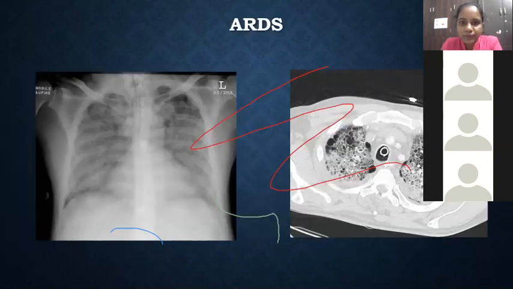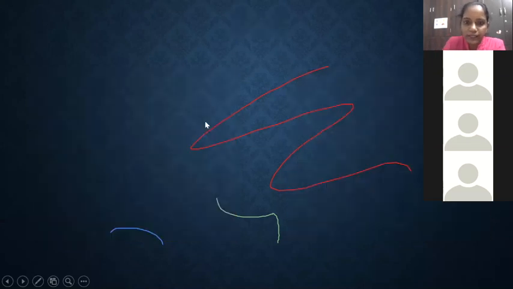So this is the picture of ARDS. See, ARDS actually is a non-specific feature in the X-ray. ARDS will present like pulmonary edema, but we should go by the diagnosis. During the acute phase, there will be inflammation and fluid filling in the alveoli, and in the X-ray, there may be bilateral symmetrical infiltrates, and there will be no cardiomegaly. If you see, there will be no cardiomegaly. This will be the differentiating feature from pulmonary edema.